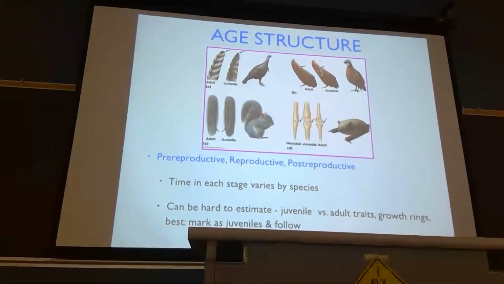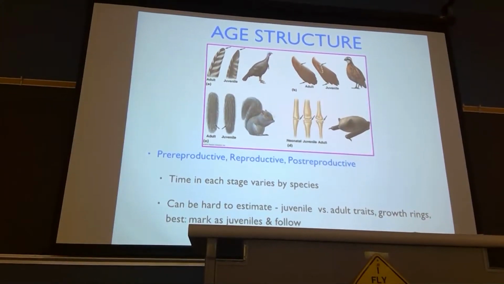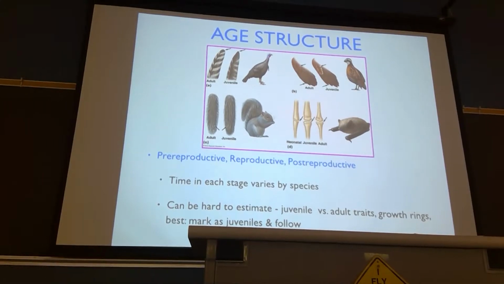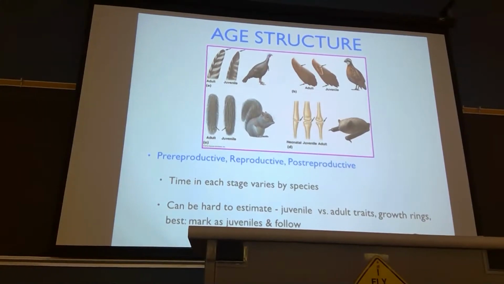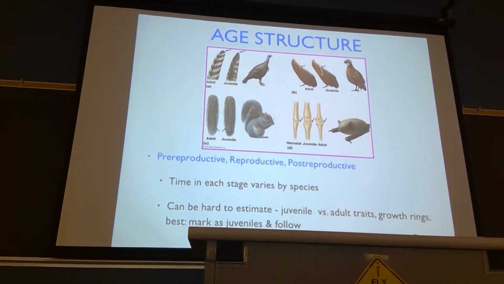Pre-reproductive, before they're sexually mature. Reproductive, the time when they're reproducing, when both males and females are engaged in having offspring and raising offspring if they're involved in that part of the life cycle. And then the third category of the age pyramid is post-reproductive, when you've gone beyond your ability to actually raise